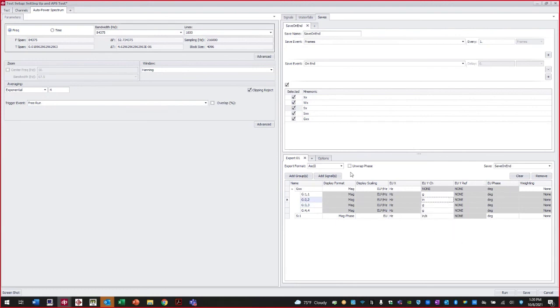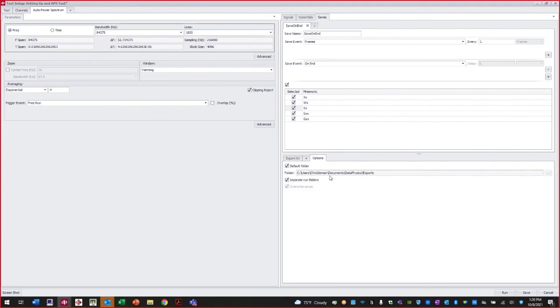And then from there, you also have this options tab, and you can either save in the default folder or specify a particular folder to save your export to. You could also either separate the run folders or have it all in one folder. Couple different options for how that happens. And from there, you can go and hit run,